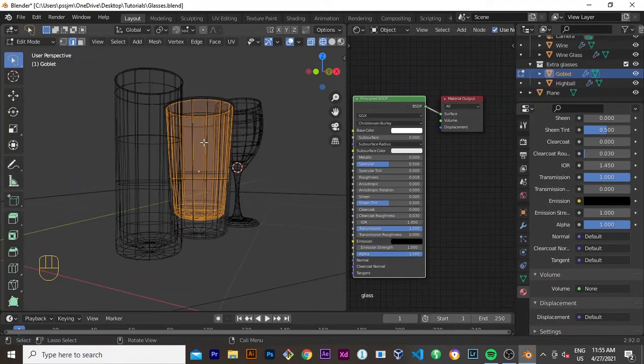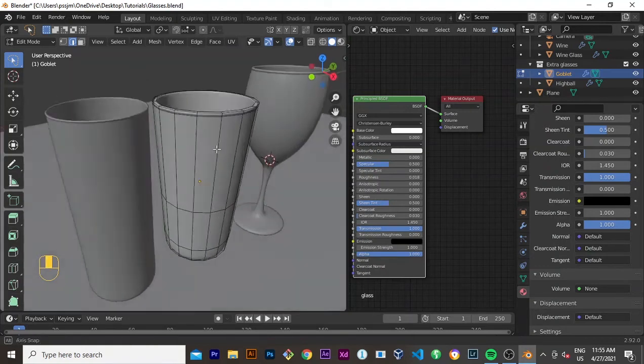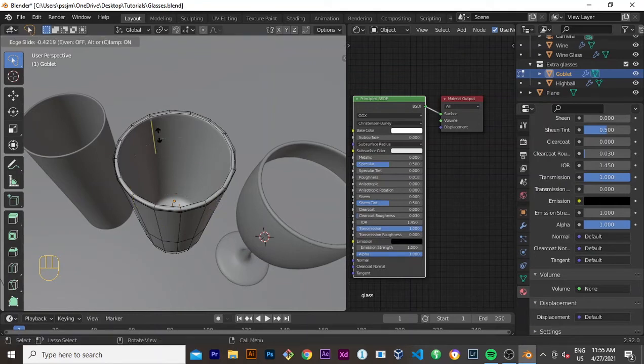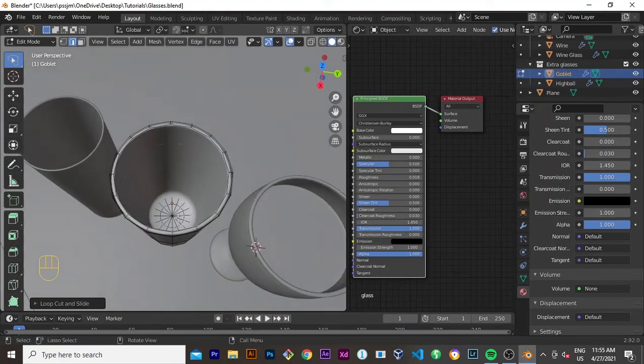There's no edge loop here in the middle, so from here it goes all the way to the top, and I don't want the water to be to the top. I could scale it down, but I don't think it will be more accurate. So instead of doing that, I'm going to add an edge loop. Control R, come inside here, add an edge loop, move it slightly up where I want the water to end. That's perfect. And then I'm gonna select the